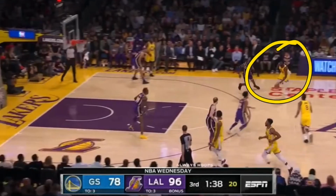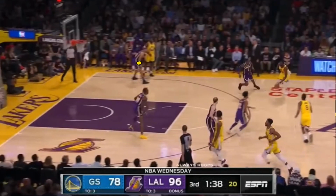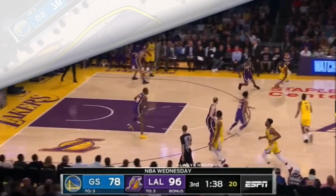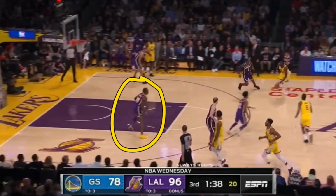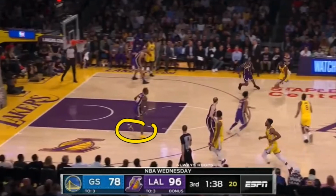This is very similar. Now we have Green driving towards the basket, and we have Dwight Howard sitting on the side of the key. Again, remember he cannot stay in the key for more than a couple of seconds without having a player near him. So in the NBA, he would be sitting out along the side of the key itself, and sometimes this may benefit you as well. Instead of being in the middle of the key taking a charge on that player and having him go around you because now you're set up way too early, you can set up along the side